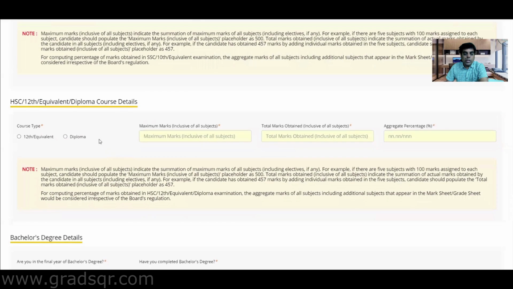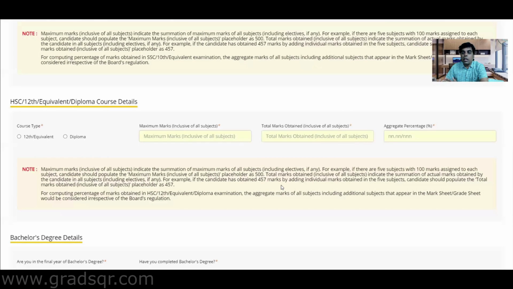Similarly, if you're looking at the HSC or the diploma details here, even if in your board they are only considering best of 5 or something like that, still you have to take all the 6. But be very clear on this that if you have taken something like music, which is only graded and there's no mark given, or physical education, that need not be added to this. Okay, so subjects which have got marks have to be added into the total marks.